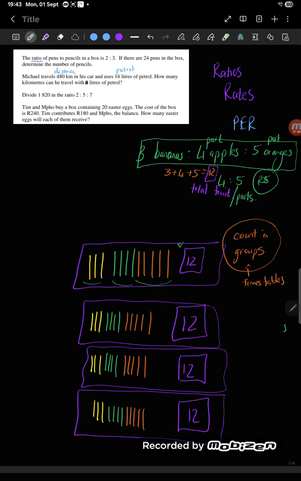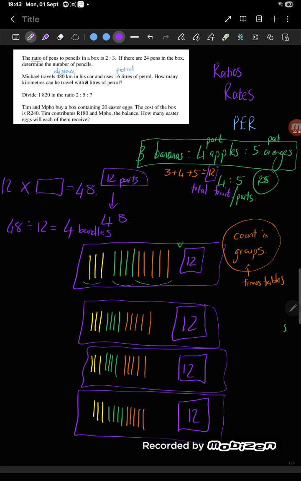Then I need to get to 48 fruit. I add them up. I go from 12 parts. How many of these 12 parts do I need to have to get to 48? Well, I say 12 times how many groups is 48. We can do this simply in our mind because we know the 4 times table, or we can say 48 divided by 12 gives me 4 bundles of